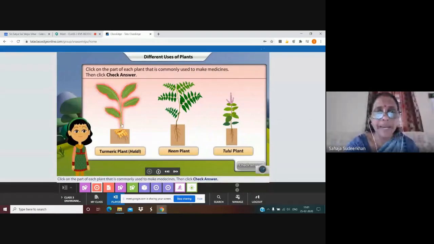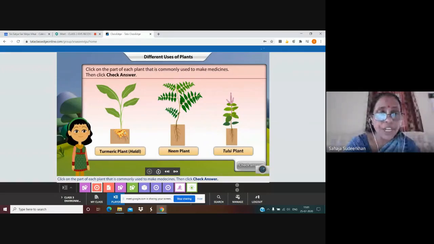Okay. This is turmeric plant, neem plant and tulsi plant. So which part of this plant is used as medicine? Okay. See this one. This is the yellow part. This is turmeric. Okay. But children, this is not a root.